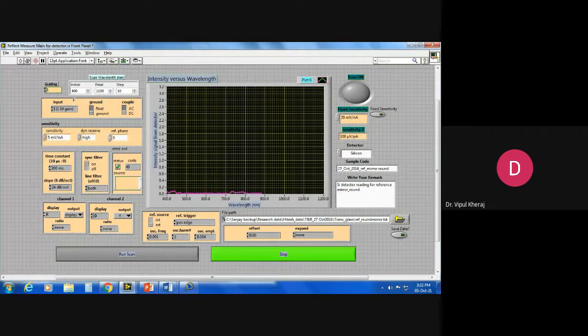And the moment I open it, it will look like a software with this front panel. And once I connect it to the right ports, this will work on any computer, right? That computer does not require LabVIEW installed. It only requires this exe file and the LabVIEW runtime engine, which is freely available.